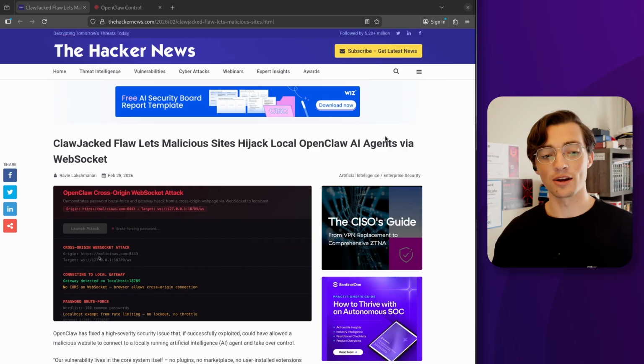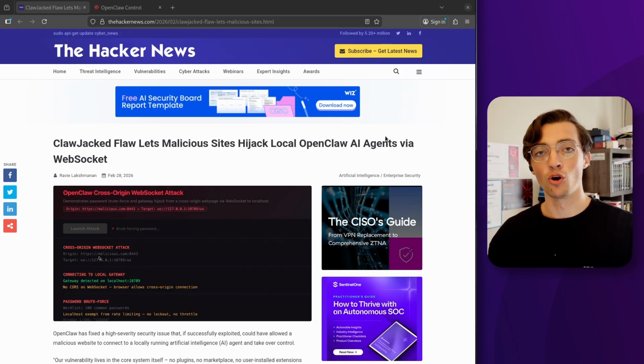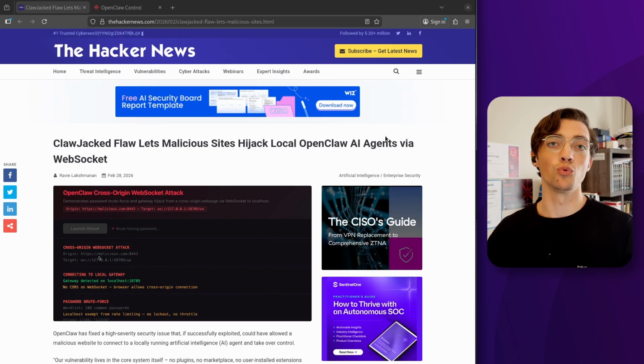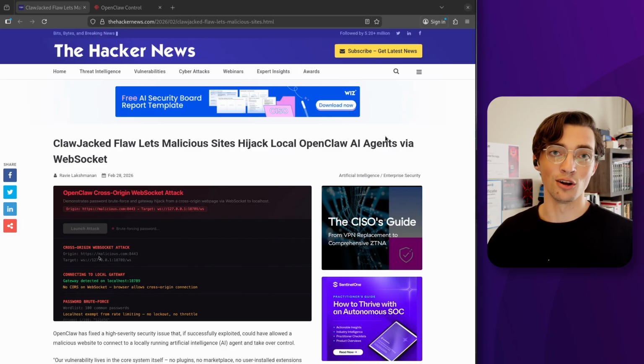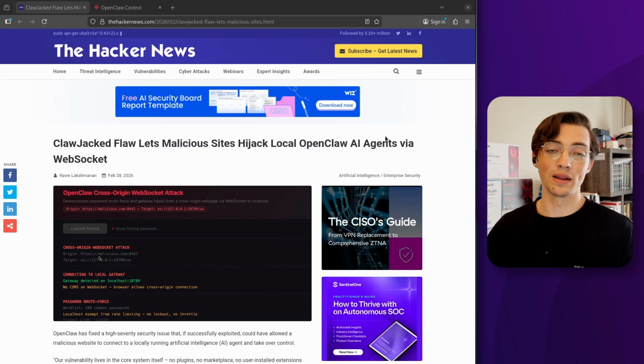The super popular AI agent OpenClaw just got hacked again. The Hacker News put out an article on the 28th of February reporting on a vulnerability discovered by Oasis Security. This vulnerability allows an attacker-controlled website to use JavaScript to interact directly with a local host-bound OpenClaw instance. That could potentially lead to complete hijacking of the OpenClaw AI agent, exfiltration of sensitive data, and as we'll see,